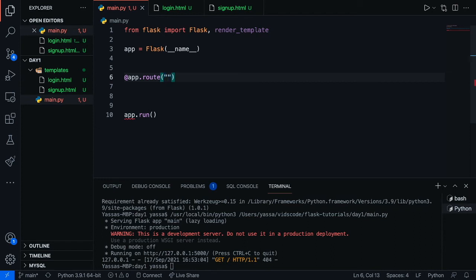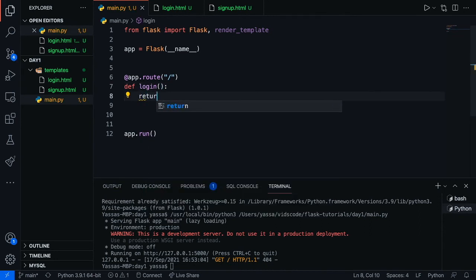All right, and then you're going to give it a route name, or this is the address. So by default, we're going to have one slash. Okay, so this is going to be our first route. And then we're going to have a specific function for it. My function will be called login. This is because it's directly related to login.html. And over here, all I'm going to return is the template for login.html. To do this, I'm going to use render_template